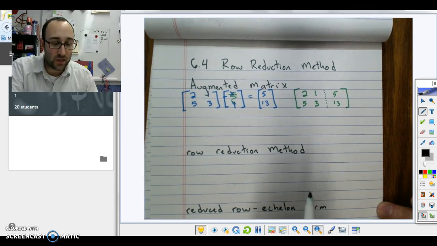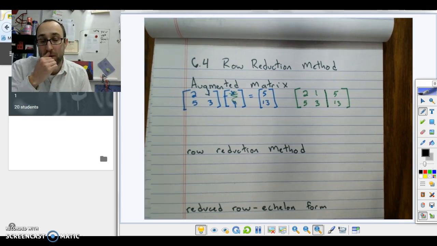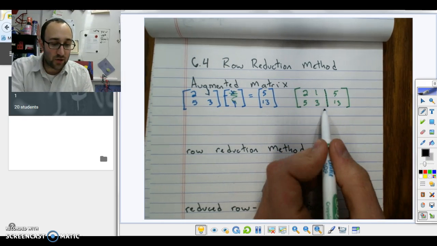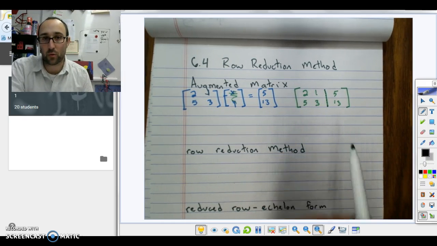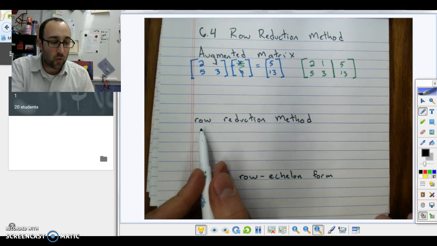The other way that I've seen it is that you just have this line right here. So it's just a single line. Either way is okay. It doesn't matter if it's dashes or dots or just a line, as long as there's a separation between this half and this side. Okay, so what we're going to try and do is, using this augmented matrix, we're going to try and do